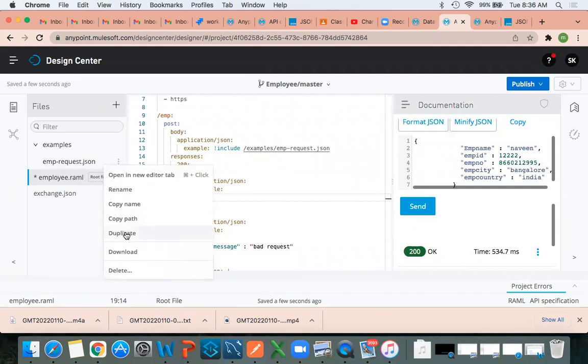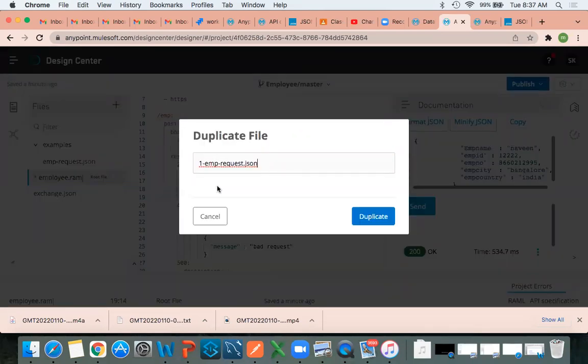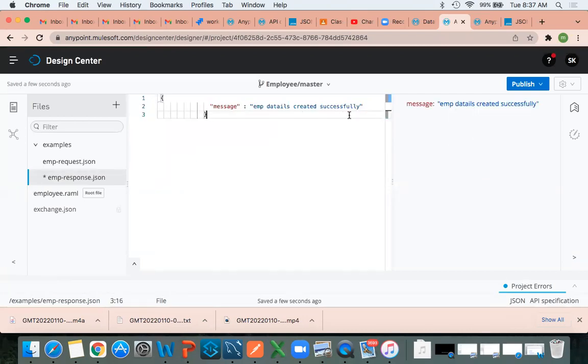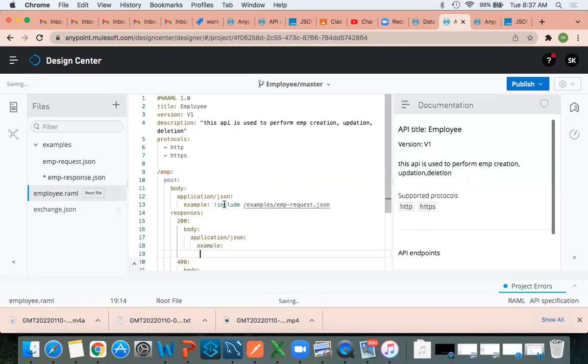We have to create a response for the error codes, right? Not for the error codes, right? 400, 500, no. For the response also we can duplicate it. EMP response. Duplicate it. So delete this and keep the new one. So we got the preview. This is valid. Now again we can refer to this.